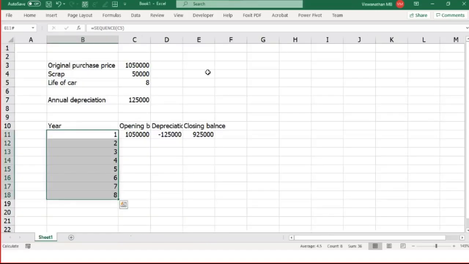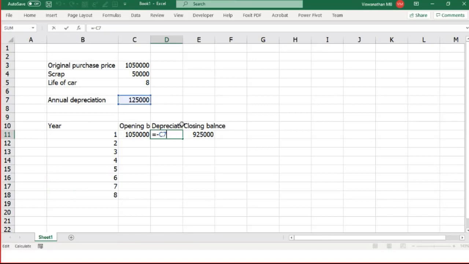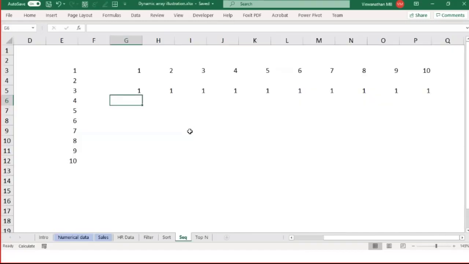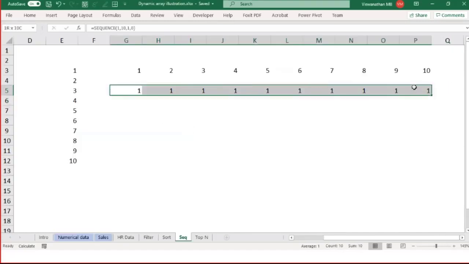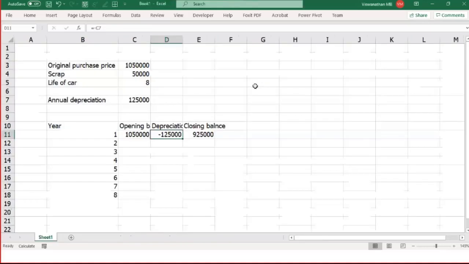Let's come back to the same depreciation schedule. So this is a straight line depreciation, so I don't want to type this 1,25,000 and copy paste it. If it is 8 years, I want this depreciation of 125 to automatically come across all the 8 years. And if it's 10 years, I want it to automatically spread. So what I can do is, because keep in mind a sequence function's job is to create a spilled list of values. And what we created here with the sequence function, as you noticed, was a spilled list of ones, merely ones. So if I multiply a particular value with a spilled list of ones, what will I get? That particular value, right?